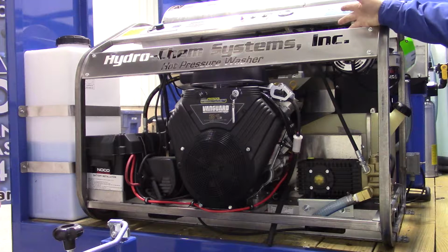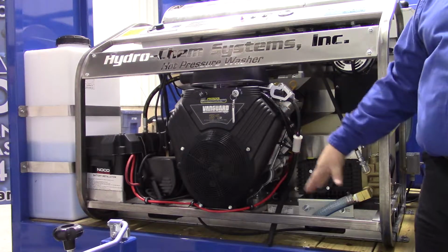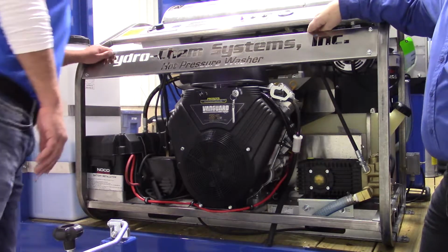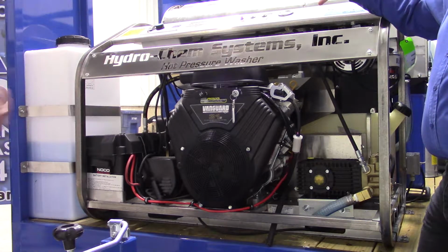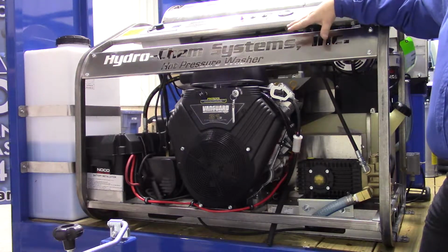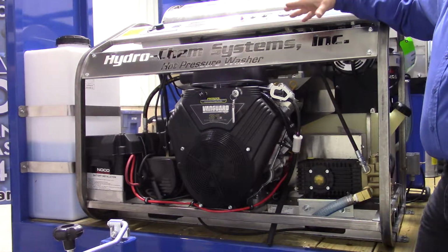It's a high volume hot water power washer, obviously. It's off the charts when it comes to specs. A lot of guys have 22 horse Hondas or smaller. This is a 31 horse, 896 cc big block Vanguard engine. Vanguard is now produced by Toyota Motor Company, so it's a really well backed brand. Typically, if you take care of these, with service, oil changes, etc., I've seen them average between 4,300 and 4,500